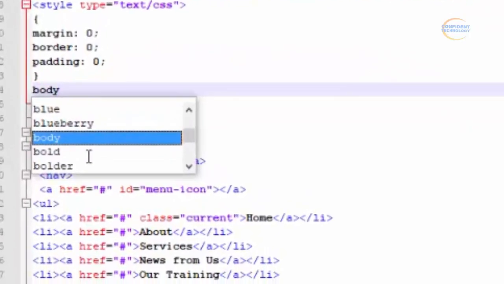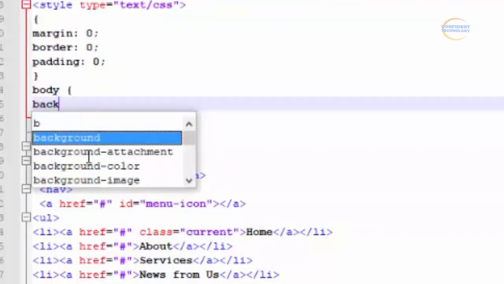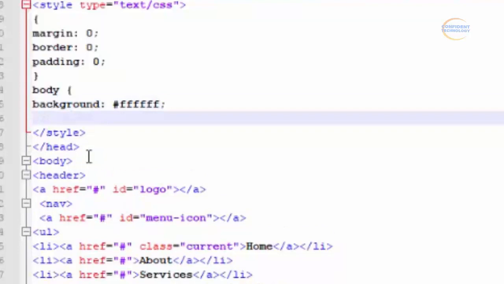Our next thing, we say body. This time around we say body, braces open, enter, and for the body we say background. We say the background for the body should be hash FFFFFF, don't forget the semicolon. We enter, font, 14px top slash 20px bottom,